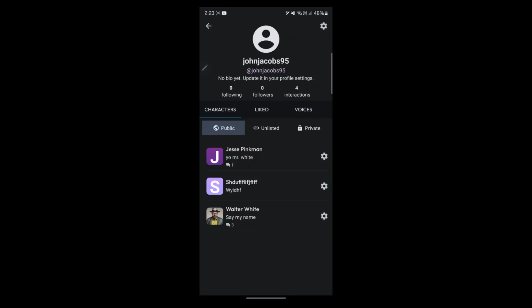Those are the steps to either hide, edit, or delete characters on Character.AI. Whether you want to make minor adjustments or completely remove a character, these methods will help you do just that. So that's how you delete characters from